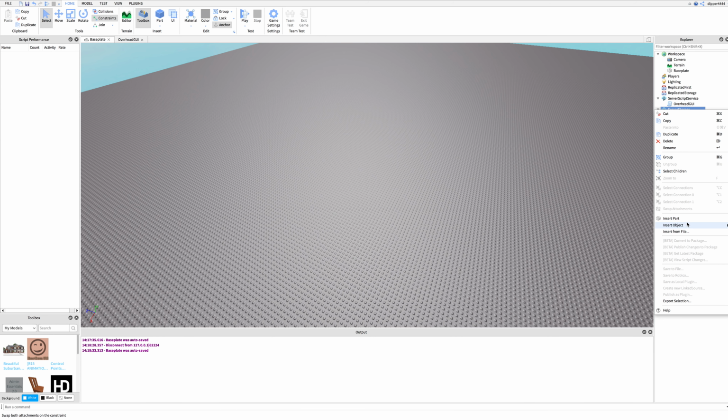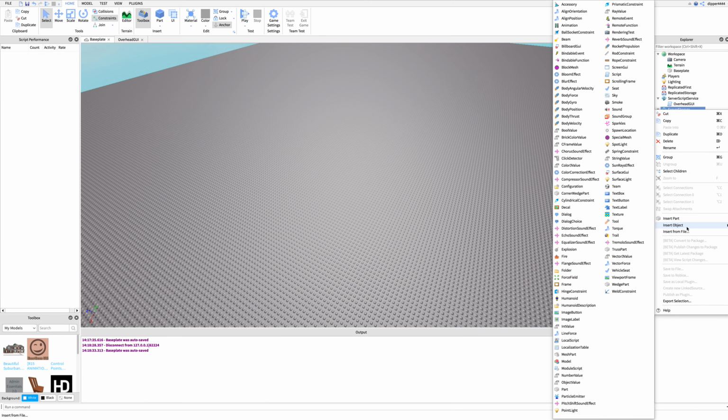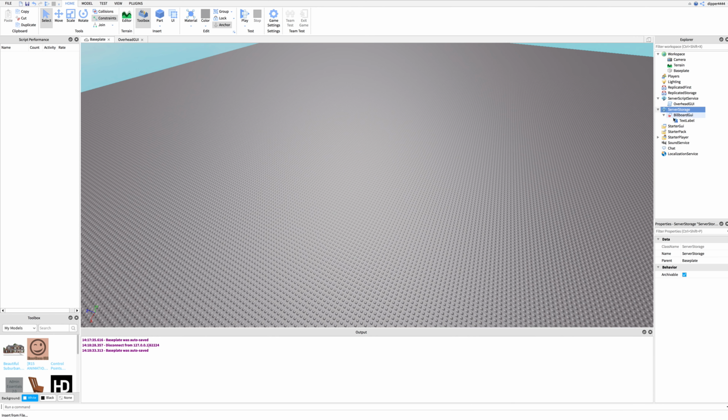Okay, so first, go to server storage. Right click, then go down to insert an object right down here. Then you want to insert a billboard GUI. What this does is it basically holds a box for you to put text in. Since I already have one, I'm just gonna